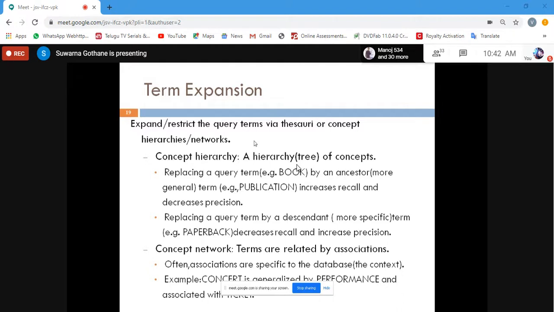It can be a book, magazine, novel, or any other stuff, which may be associated with the publication, author name, price, and the year it was launched. Here it is talking about the concept hierarchy, replacing a query term, for example book, by a more general term, publication. So we can use either book or publication.